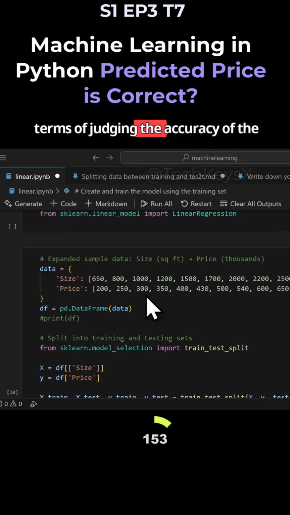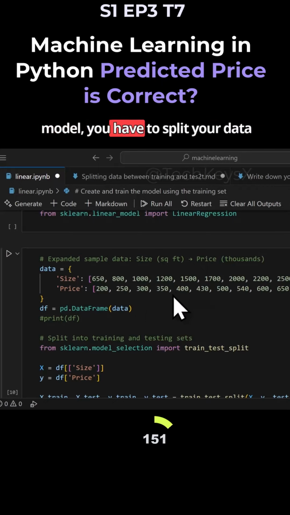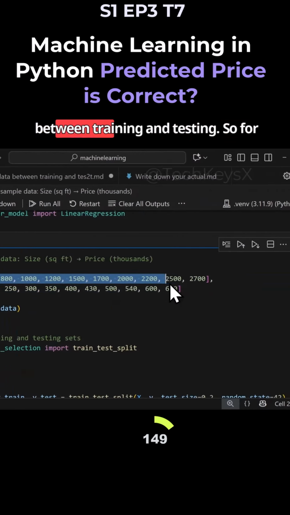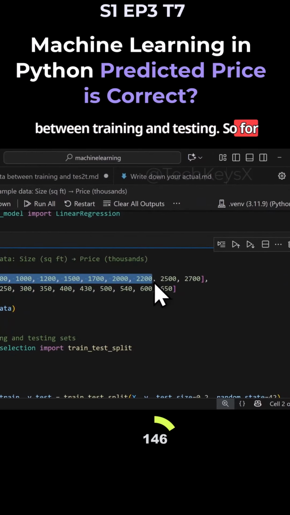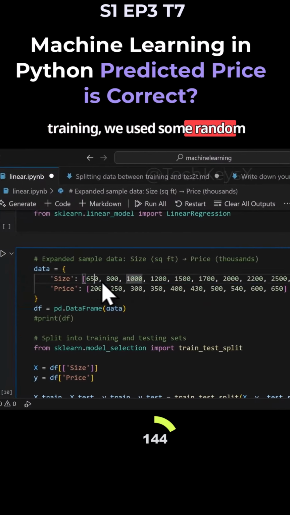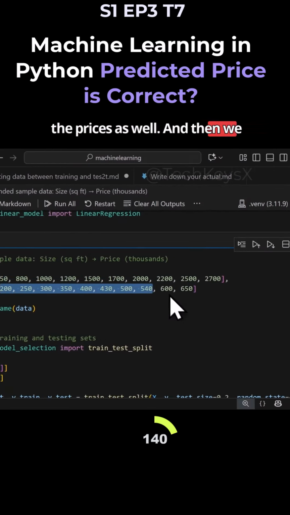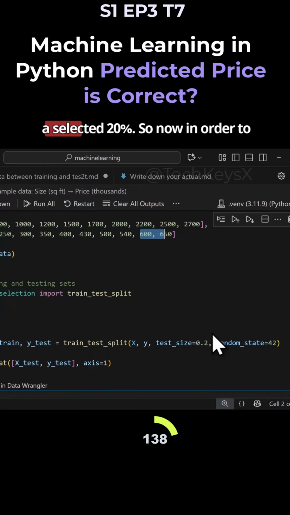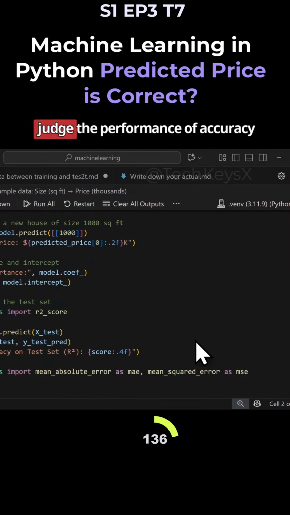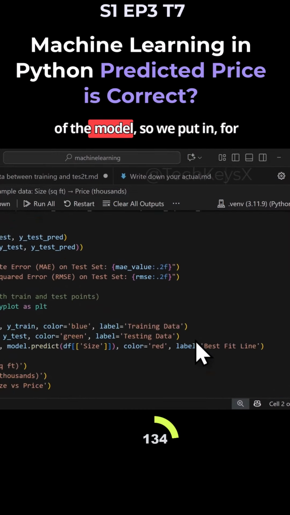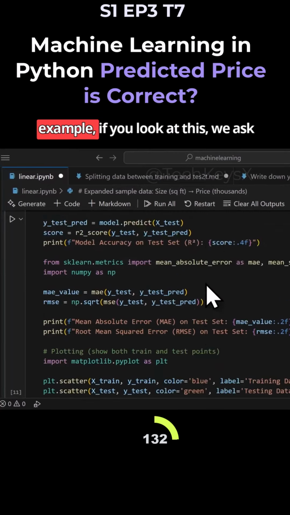So in terms of judging the accuracy of the model, you have to split your data between training and testing. For training, we used some random values from here, and for the data for the prices as well. And then we selected some for testing, and we selected 20%. So now, in order to judge the accuracy of the model, we put in, for example,